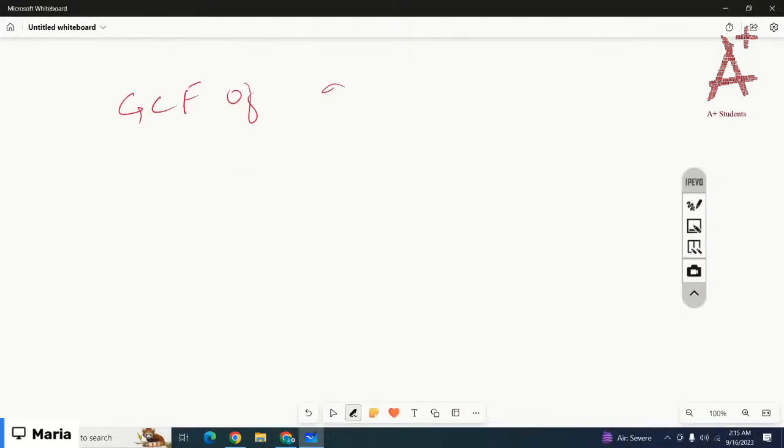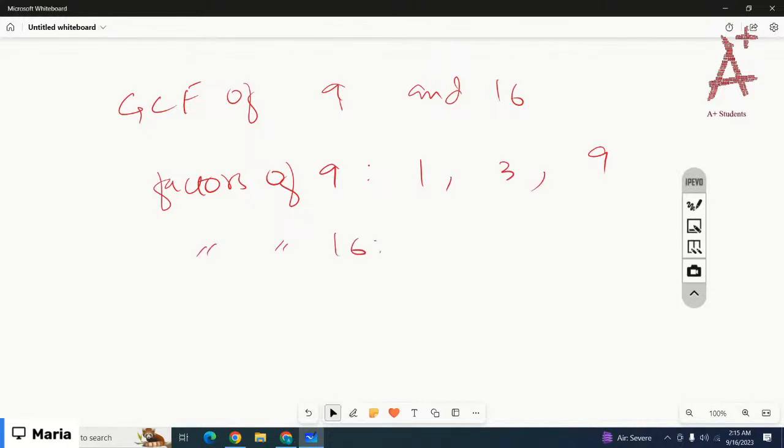GCF of 9 and 16. Okay, let's just write down the factors of 9. They are 1 times 9 is 9 and 3 times 3 is 9, right? Then let's just write down the factors of 16. So the factors of 16 are, okay, the factors of 16 are